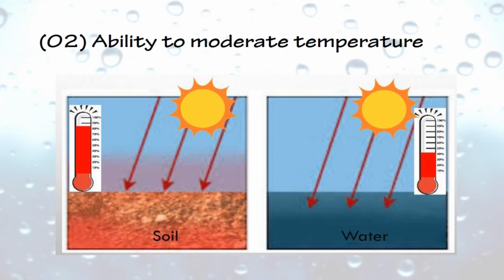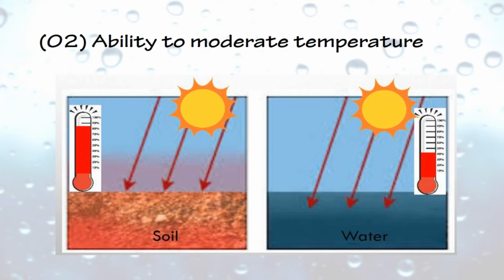Water has the highest heat capacity. That means the amount of heat needed to raise the temperature of 1 gram of water by 1 degree Celsius is high. That means water resists changing its temperature when a considerable amount of heat is absorbed or lost. So,